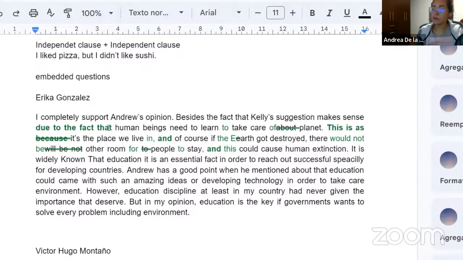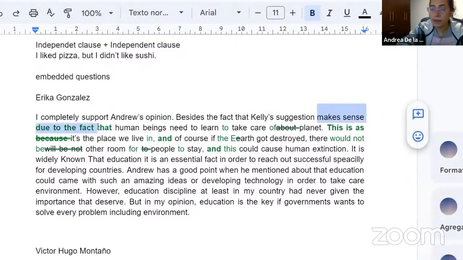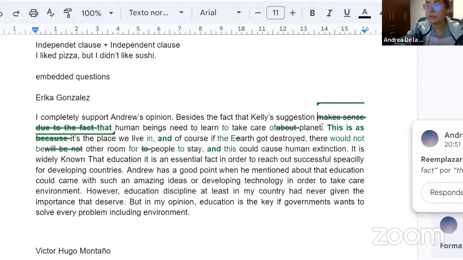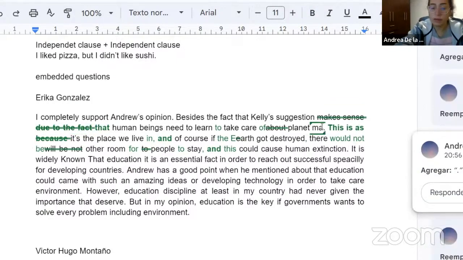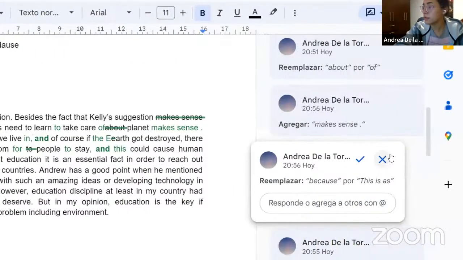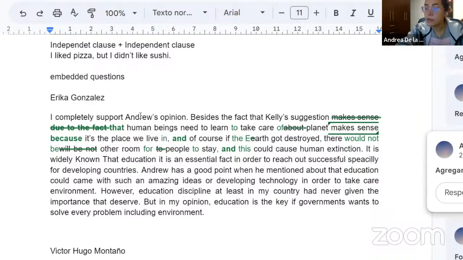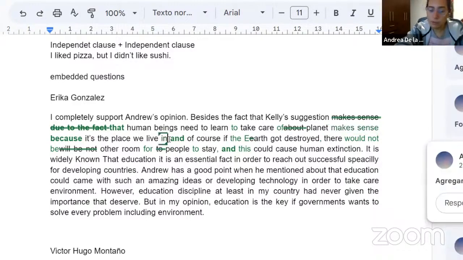Okay, maybe I think what we could do is say here, I think maybe this is unnecessary. We could say Kelly's suggestion makes sense. We're gonna say Kelly's suggestion that human beings need to learn to take care of the planet makes sense. So that way we just have one. Makes sense. And since we don't have any conjunctions now we can use because, right? So besides the fact that Kelly's suggestion that human beings need to learn to take care of the planet makes sense, because the place we live in, okay, now, period, and here you change this for a transition,